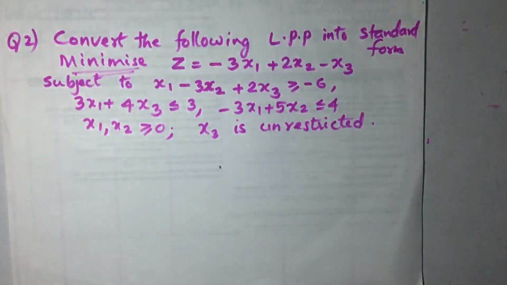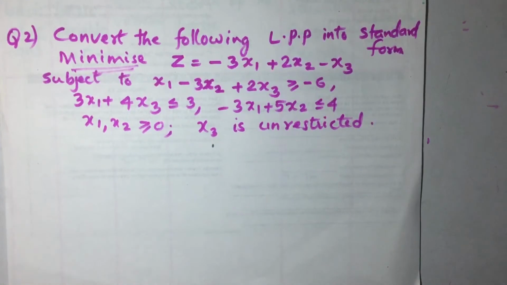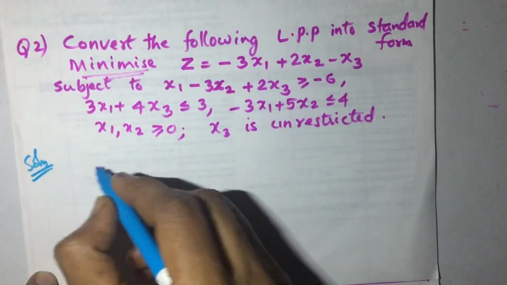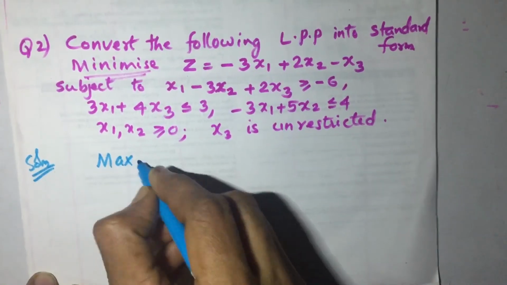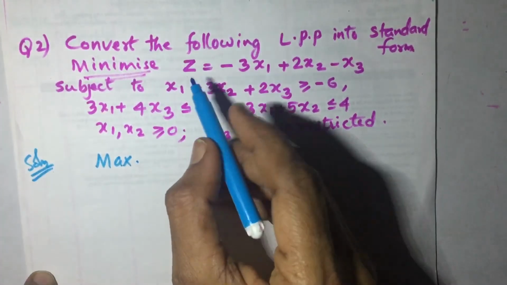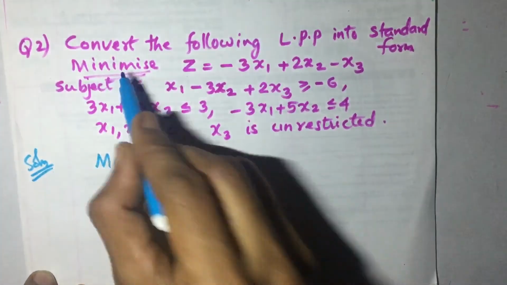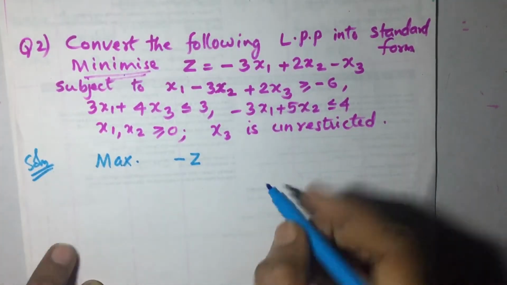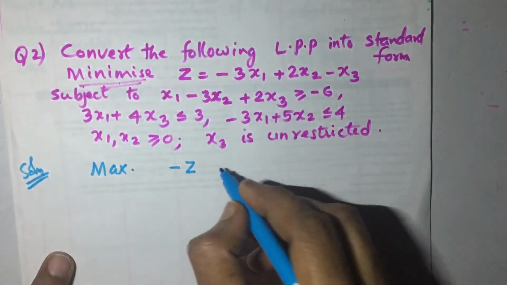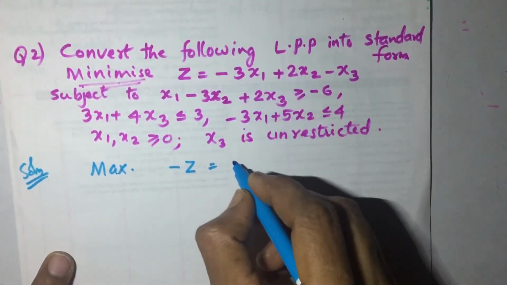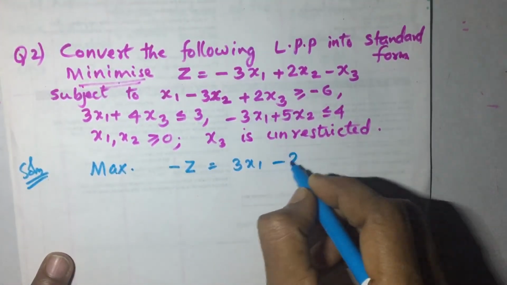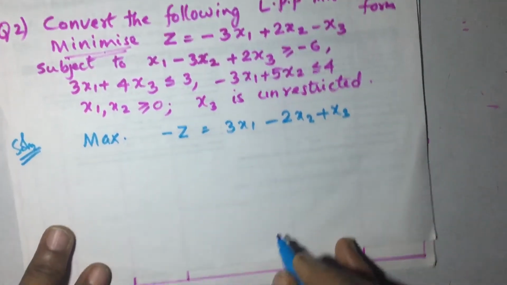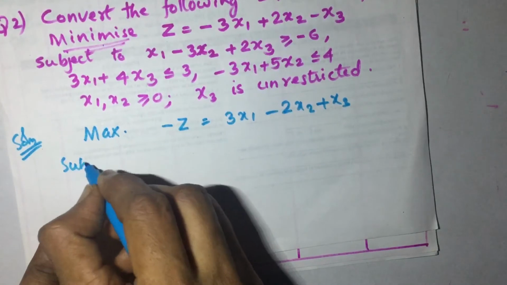See, minimize it is. So minimization type it is given. So I have to convert this into maximization type. So I will write maximize what we have done. So already discussed, if it is minimized, I will multiply this with a negative sign, minus 1. So minus 1 into z, here minus 1 into 3x1. So 3x1 minus 2x2 plus x3. Okay, subject to